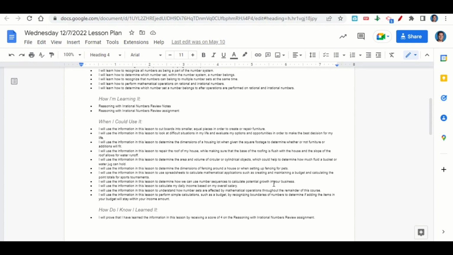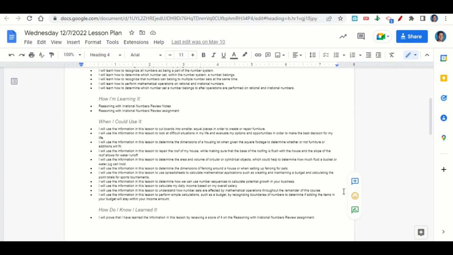and the slope of the roof allows for water runoff, to determine the area and volume of circular or cylindrical objects, which could help determine how much fluid a bucket or water jug can hold, to determine the dimensions of fencing around a house or when setting up fencing for pets, to use spreadsheets to calculate mathematical applications such